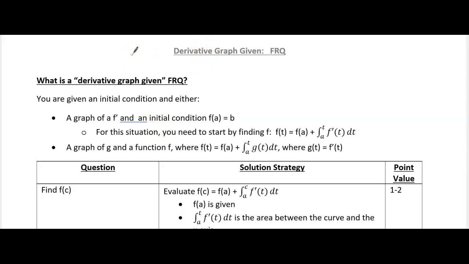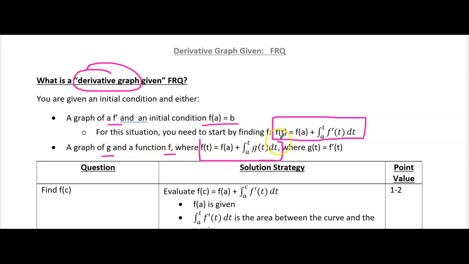So what is a derivative graph given FRQ? Well, usually you're going to be given the graph of some kind of a derivative. And then after that, they're going to give you the problem in one of two ways. One way is they could say the graph is of f prime, and they'll give you some initial condition. In that situation, you're generally going to have to start by turning it into an integral function. The other case is where they give you a graph of g and some function f,